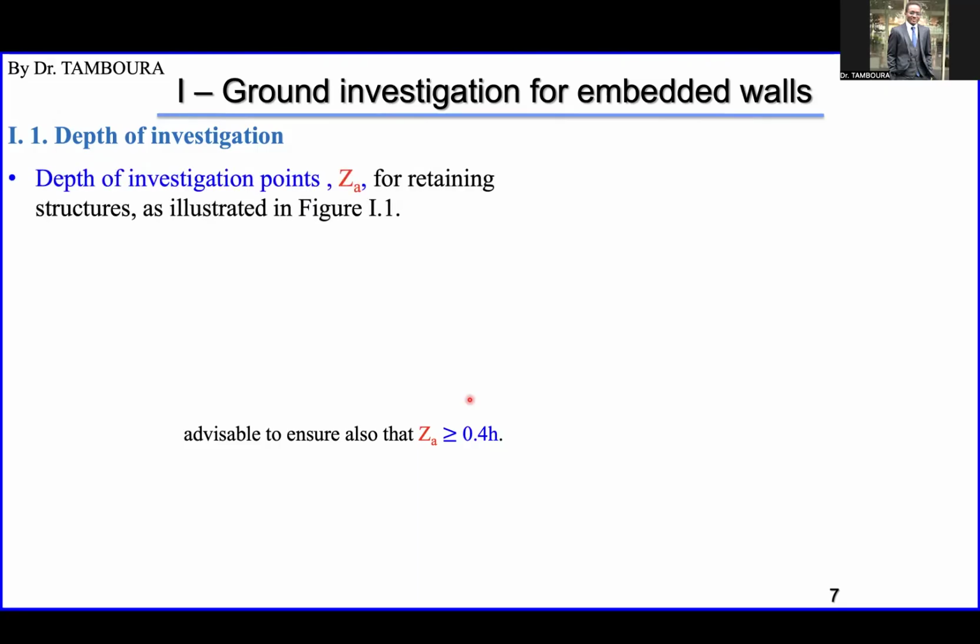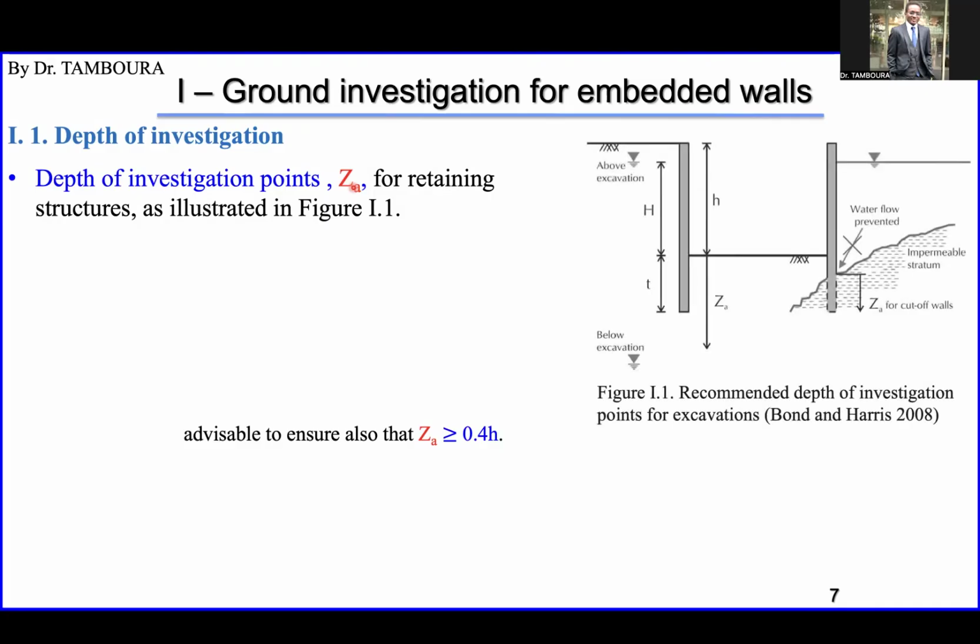We are going to call the depth of the investigation ZA, for a retaining structure. This figure will help us to illustrate everything. You can see here the wall, this side. We have several possibilities. For example, imagine that this wall and this one are not the same, separate. So this wall, if we take this one, you can see